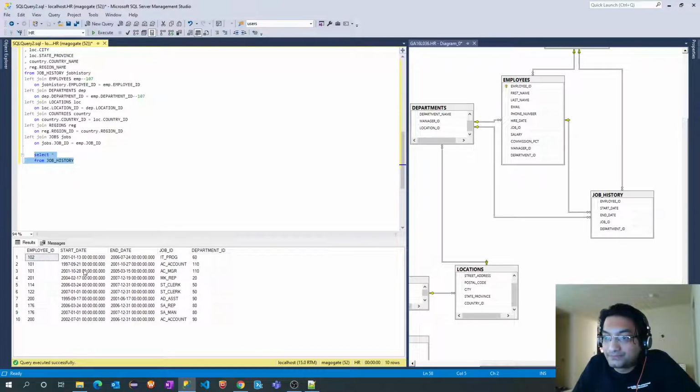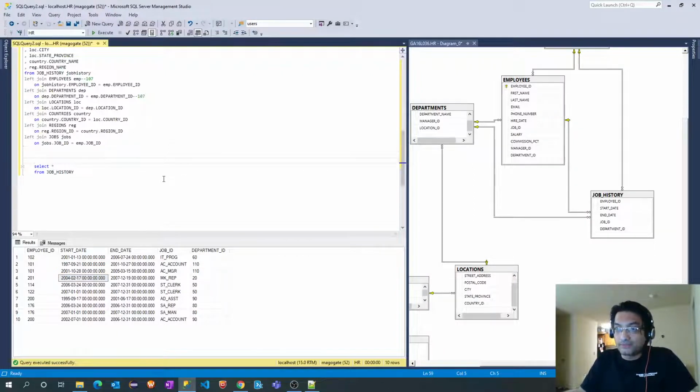As you can see here, the job history table is maintaining records. Let's assume an employee got moved from one department to another department, then the employee's corresponding old records get moved into the job history table. Or if an employee gets terminated, or leaves the organization, that employee's records are still maintained in the job history table. So let's find out how many such records we have which exist in both the employees table as well as the job history table.